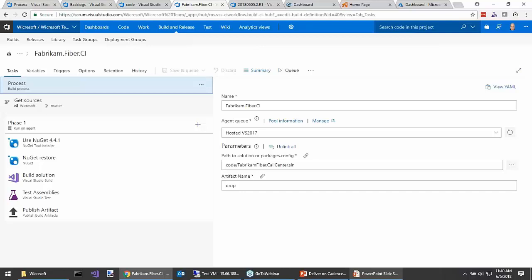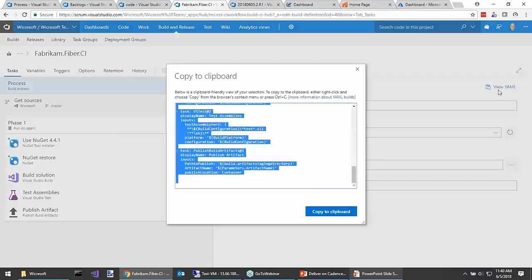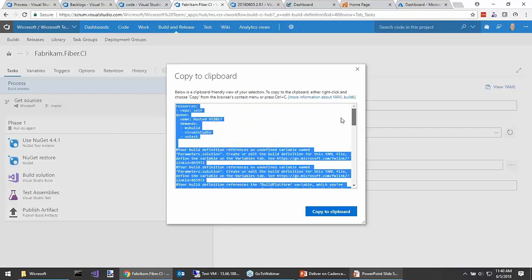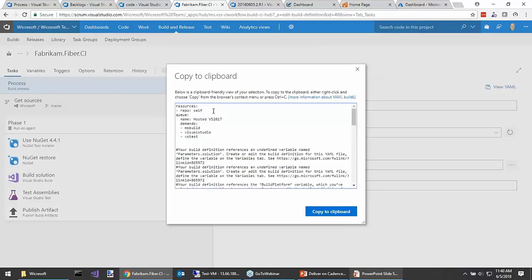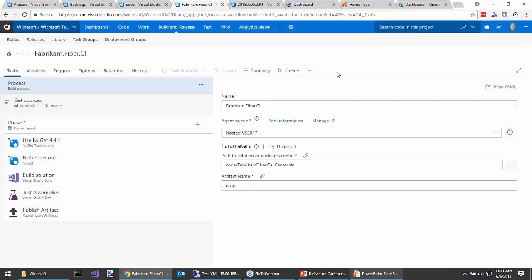But Microsoft got the memo a while ago, and they now support YAML builds. Don't ask me what YAML stands for, but it's basically just a way to express the build definition in a notation that can be saved to your repository. So there's now support for taking your build and saving it to the repository so that it can be pulled out later and stored like any other piece of code, and that's really good. So I've got this saved. Let's go and test it now.